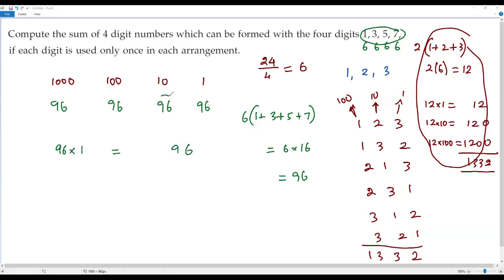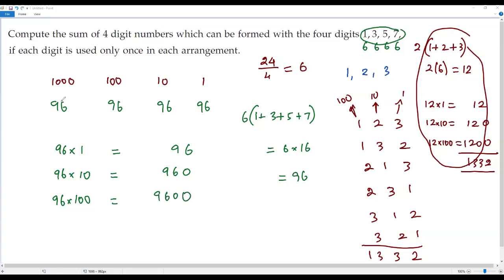Now let's consider the tens place. We get the sum 96 in the tens place, so this 96 has to be multiplied by 10. Then I'm getting 960 over here. And we get 96 as the sum of all the numbers in the hundreds place, so we have to multiply this 96 by 100. Then I'm getting